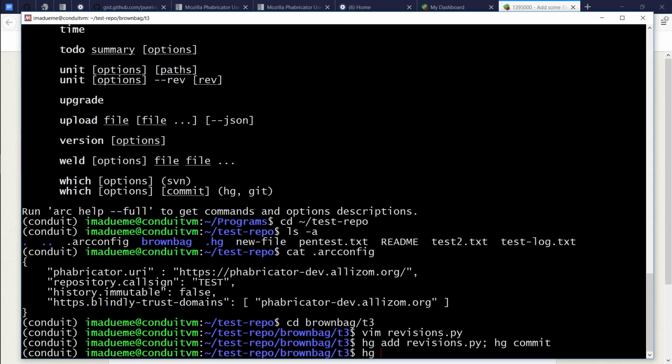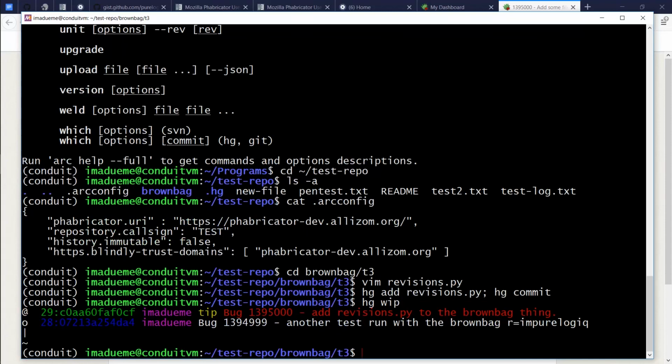All right, so we see we have our new commit here, and we should be ready to push that up to Phabricator. So to do that,